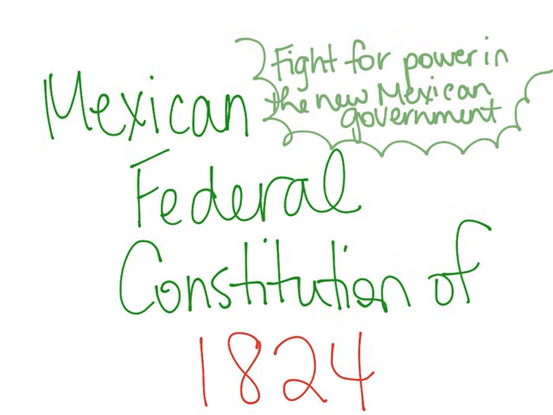So don't forget, this is the Mexican Federal Constitution of 1824. This is going to play a key role when we get to talking about the start of the revolution, because this is going to be one of those key factors that Texans are going to cite as the reason for starting the rebellions that they start all across our state.